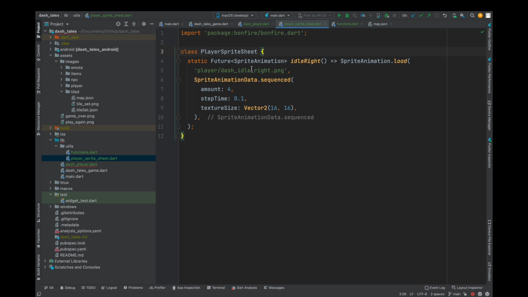So what this means is that when the player, when dash is idle, that is you're not moving it with the arrow keys, and it's facing the left direction, then how should it be animated? To this, we will provide a dash idle right.png, which I showed you earlier in the video. And we will be using sprite animation data.sequenced, which basically requires us to provide a config for amount, step time,